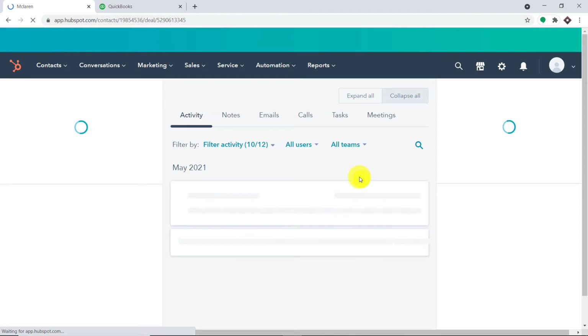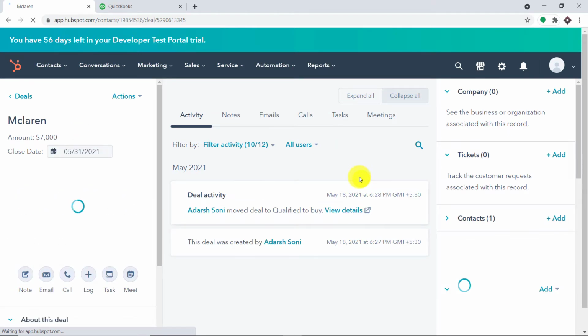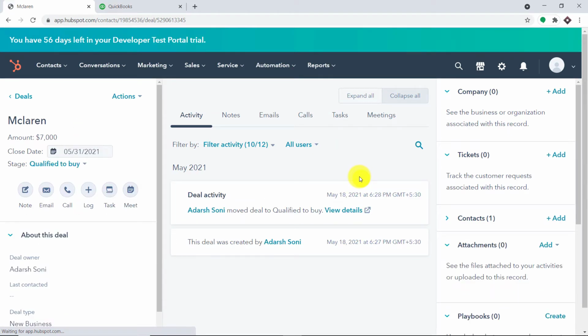Okay, so basically now the idea is that there must be an invoice in QuickBooks. So let me just straight away take you to QuickBooks. Now there is something you should know. HubSpot actually takes an appreciable amount of time to send the data. So if you create a deal in HubSpot, you may actually have to wait 5 to 10 minutes so that the invoice may be created in QuickBooks. Okay, so let us have a look in QuickBooks.